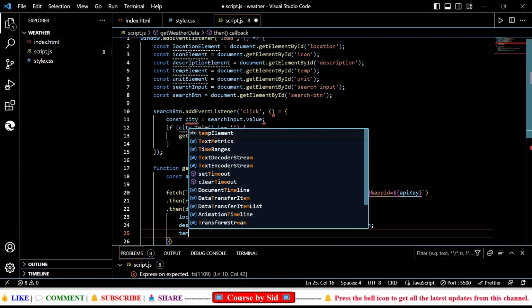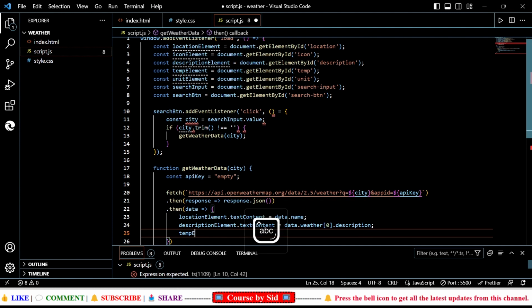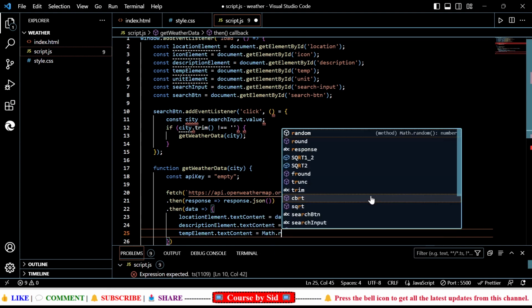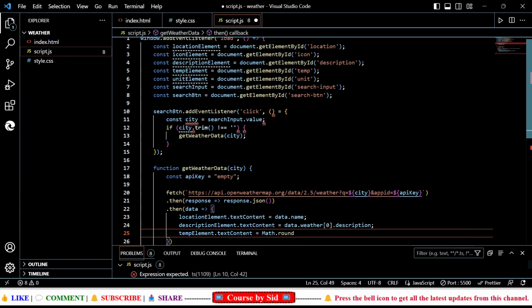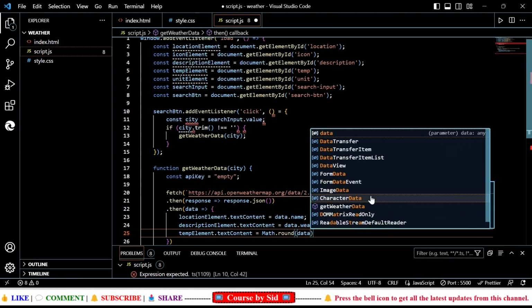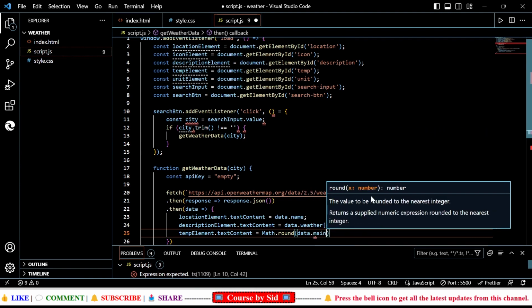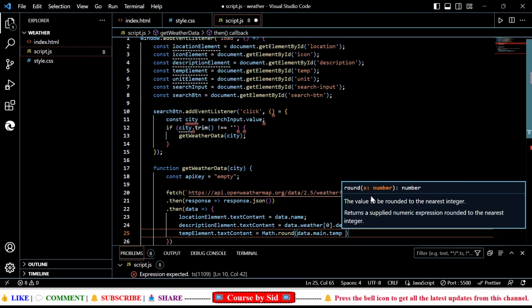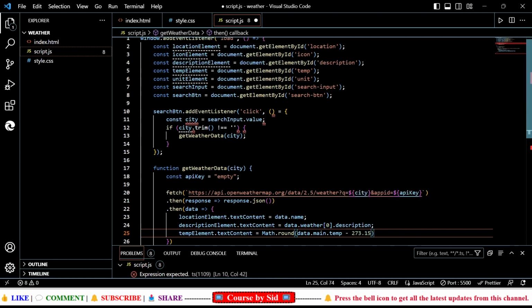and then we'll use the temp element dot text content is equal to Math.round and then data.main.temp minus 273.15, that is Kelvin